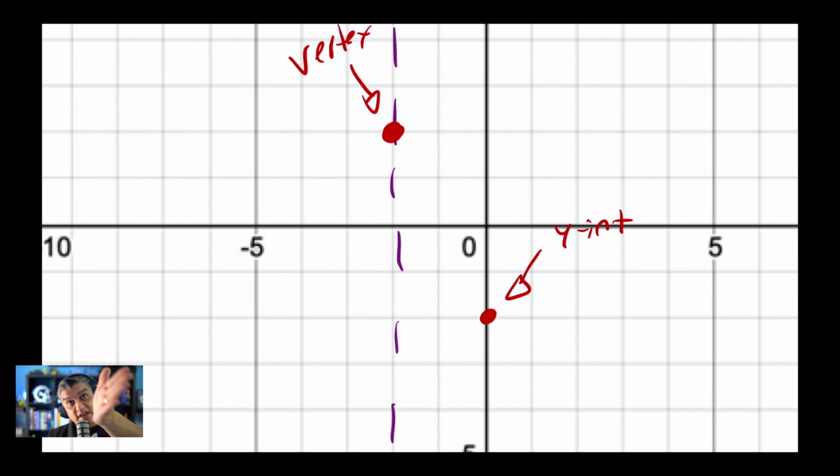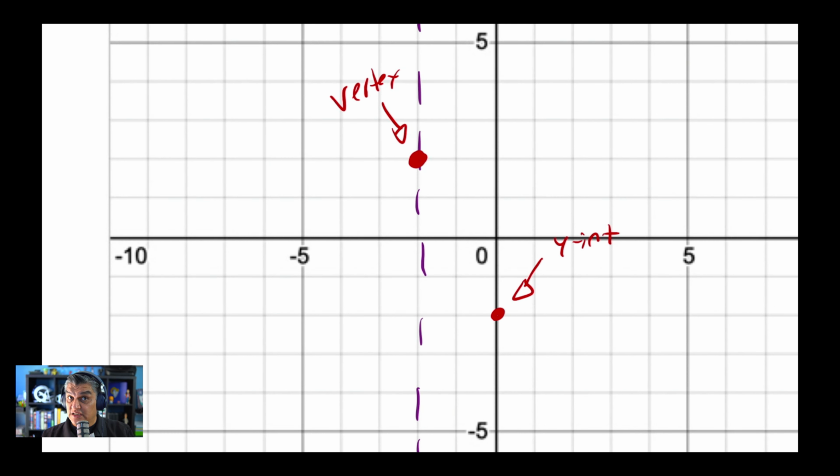So step 1 was find the vertex. Step 2 was find a point on any side of the axis of symmetry. And one of the easiest points to find is your y-intercept, because it requires 0 work. And what's step 3? Step 1, find the vertex. Step 2, find a point. Y-intercept would be the best one because no work. Step 3 is to find the